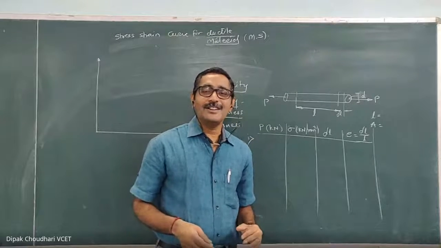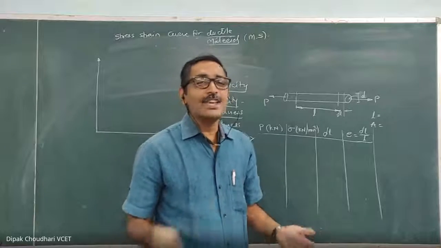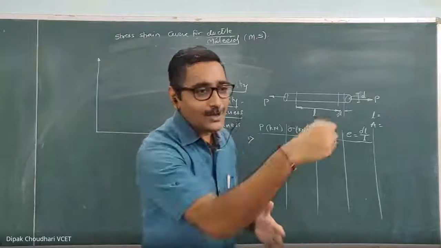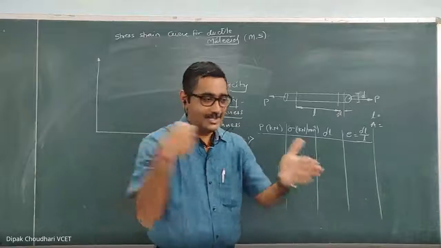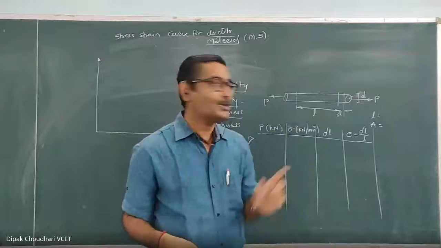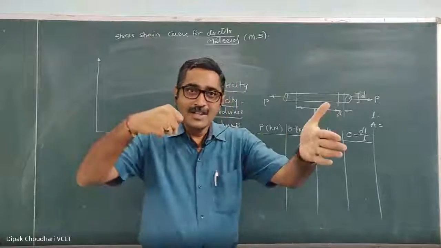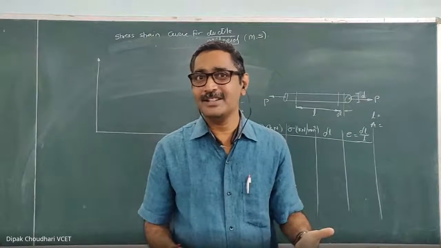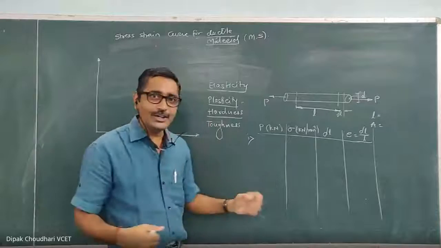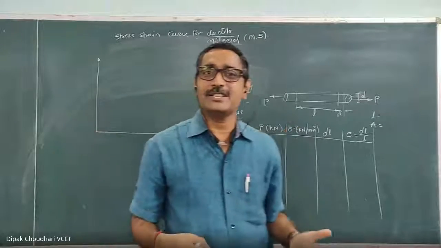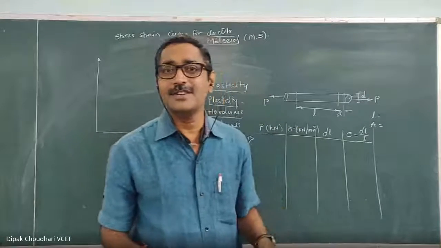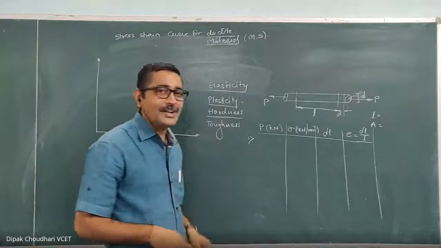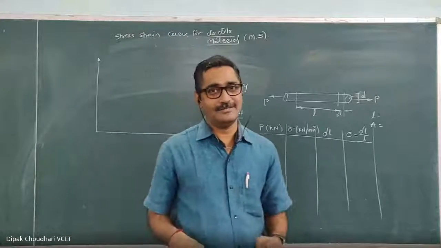Then what is the property of that toughened glass? If you apply some impact load on that, it will not break because of this property, toughness. Because the impact load possesses some kinetic energy, and if the material is more tough, it has the ability to absorb that energy. That is known as the toughness. So it is the ability of the material to absorb the energy.